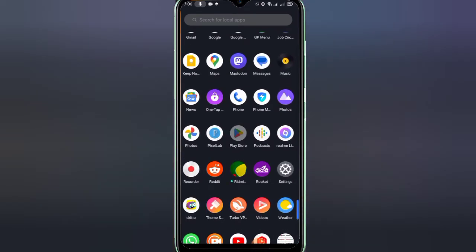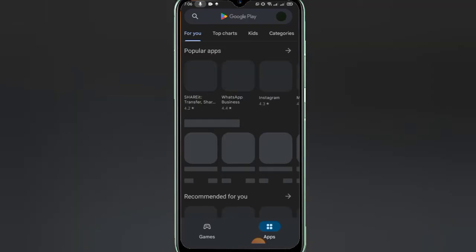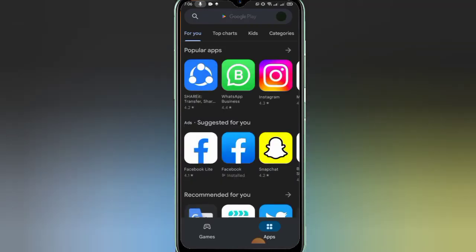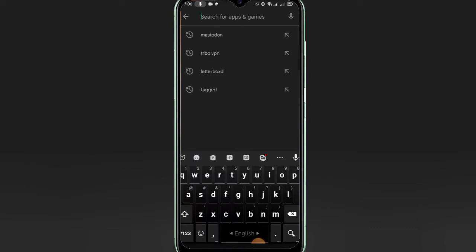So go to your Google Play Store, because you know that Tumblr is trending on the Play Store, because most of the people are leaving Twitter and coming to Mastodon and Tumblr. So click here, Tumblr,